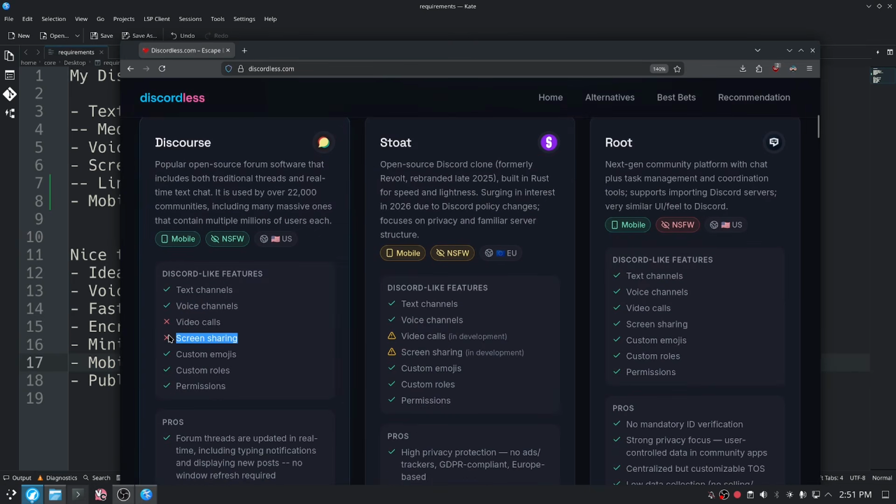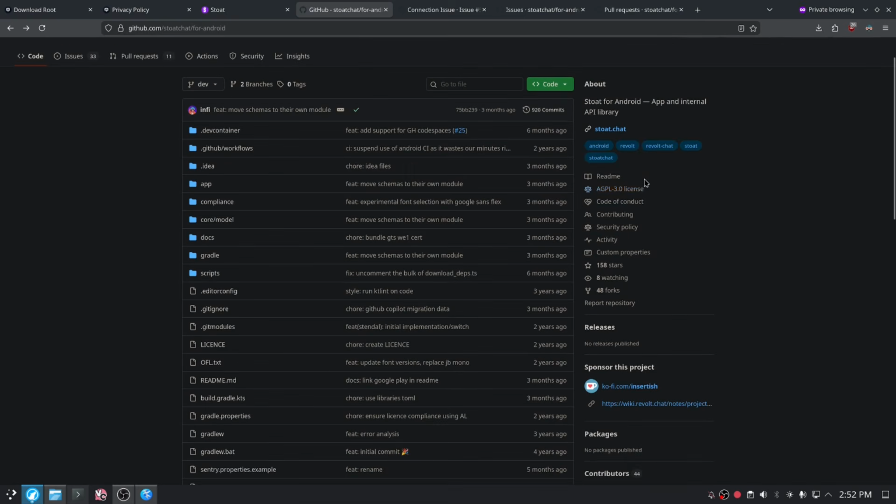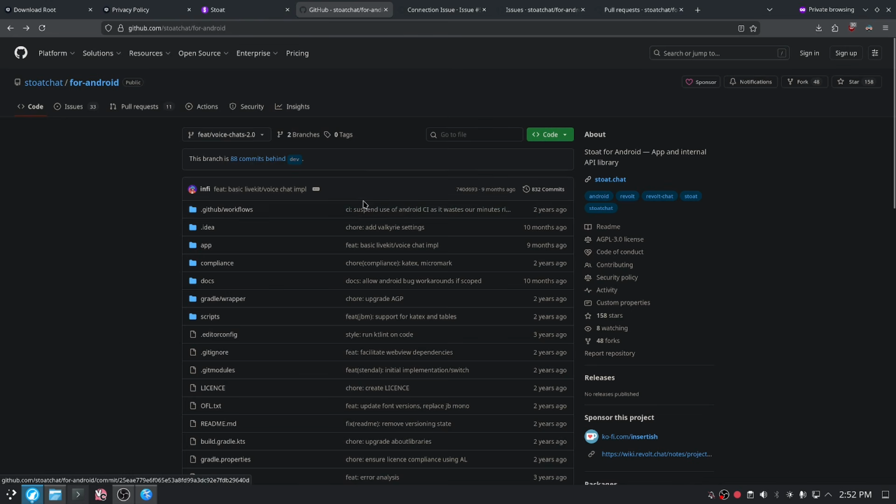So Discourse is immediately out because there's no screen sharing support. Stoat has screen sharing support supposedly in development. Revolt Chat, known as Stoat now, is the one that I see being pushed a lot around online. Unfortunately, if you go actually look at the repos, the Android app hasn't been updated in 3 months, and if you look at the Voice Chats 2.0, that also hasn't been updated in 9 months,